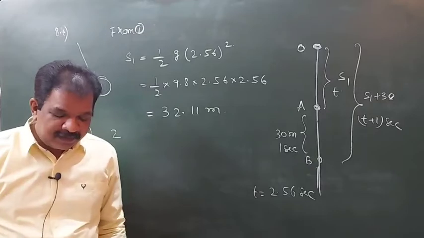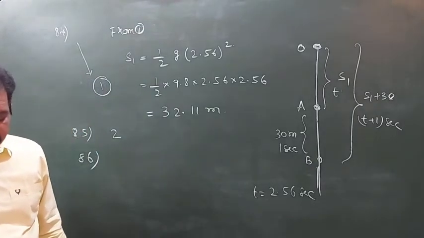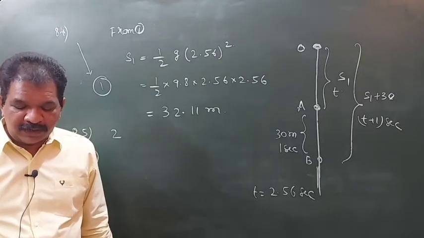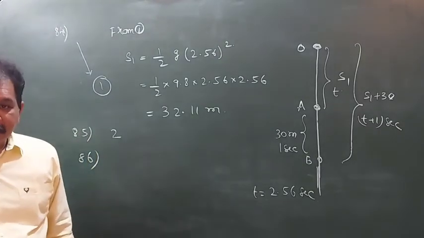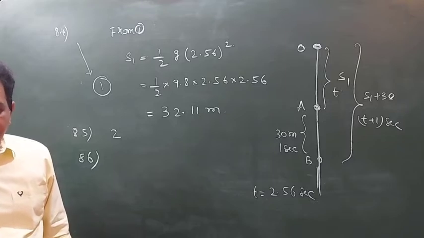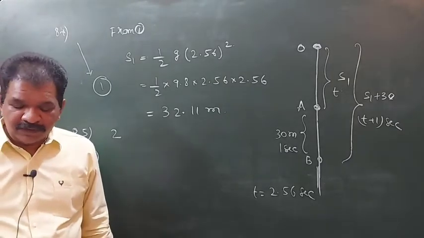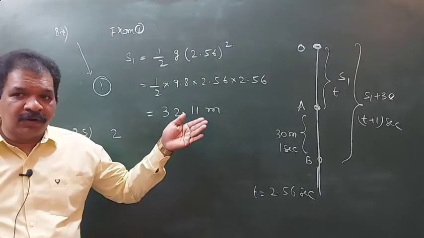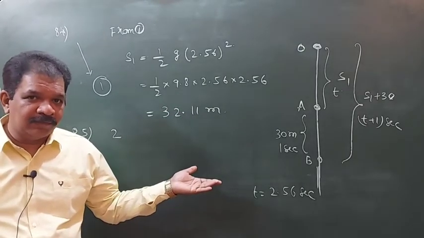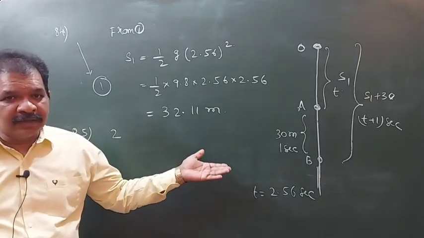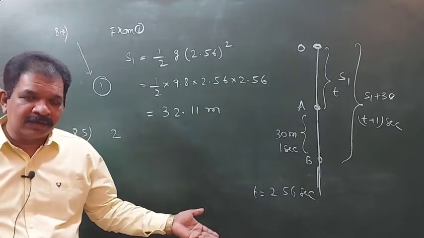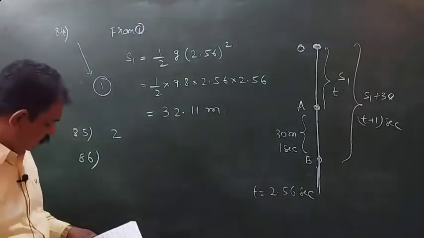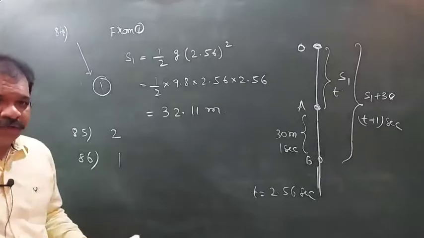86. The distances travelled during equal intervals of time by a body falling from rest stand to one another in the same ratio as the odd numbers beginning with unity, that is 1:3:5:7. This law is established by a freely falling body. In equal intervals of time, it will cover 1 meter, 3 meters, 5 meters, 7 meters. Galileo invented that. So 86, it will be the first option.